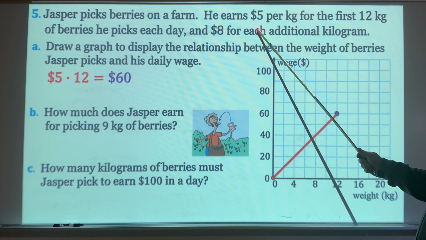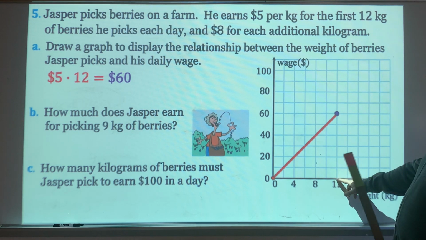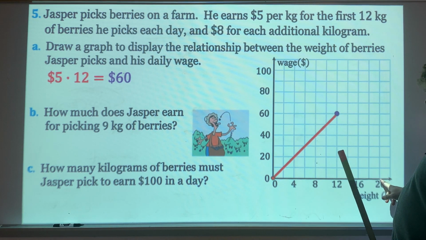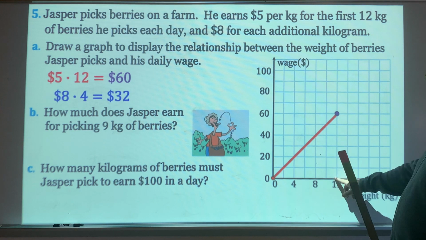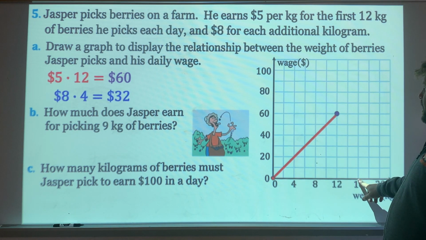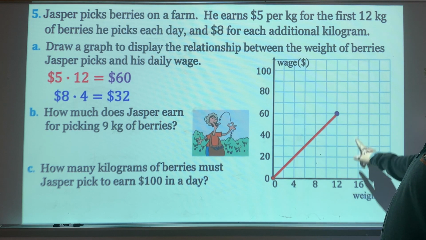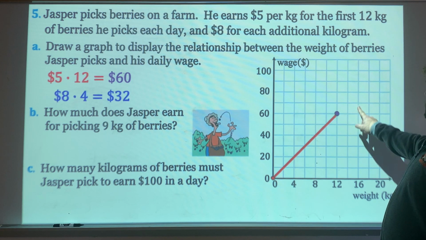$8 for each additional kilogram. All right, so let's go up to 20. So between 20 and 12 is 8, right? So 8 times 4, oh, between 12 and 16 is 4, and then times 8 is 32, so we'll go up to $32 on top of the 60. 60 plus 32 is 92. There's